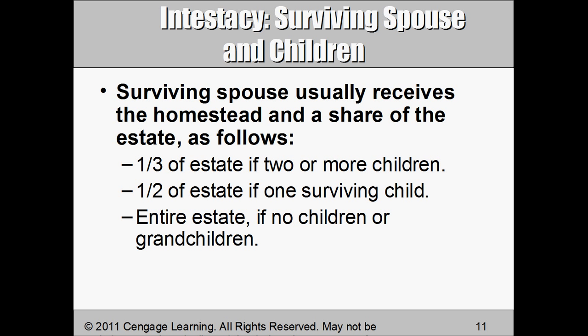So you can see where it might be very important to have a will, because if you have a situation where there are children involved and no will, then the spouse does not automatically receive the entire estate. Then it may be divided among the children, as indicated before, with the surviving spouse getting 1/3 or 1/2, and that could create some problems or issues with the family. But that's unfortunately what happens when you leave this situation up to the state.